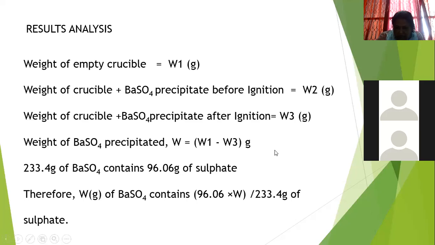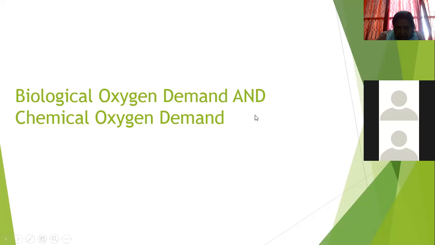Yes, you are right. C division students also write in assignment. Yesterday I have given you 3 questions. All 3 questions are important. Then this is also, it may come, gravimetric analysis. And then one more is there, determination of fluoride. But next I will start biological oxygen demand and chemical oxygen demand.